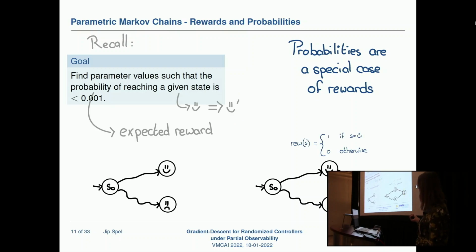And now we add rewards as follows. When we see the happy state, we give it a reward of 1. And when we see the sad state, we give it a reward of 0. And also all other states in between have a reward of 0. As you only get the reward once you leave this happy state, this will actually give us the probability. Say the probability of going from S0 to the happy state is 0.9 in this one, then we would get 0.9 times 1, our reward, for going here. And then we have the probability, so to say. So we will now focus on rewards, but note that we can also use it for probabilities.